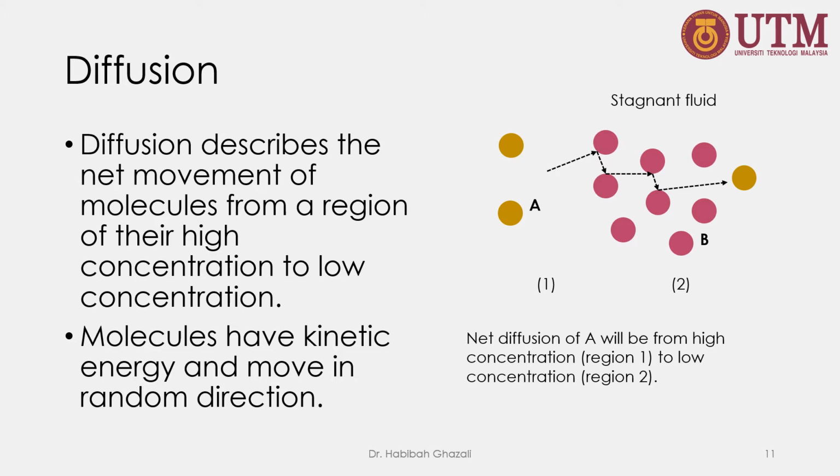So the net diffusion of A will be from high concentration, which is region 1, to low concentration, which is